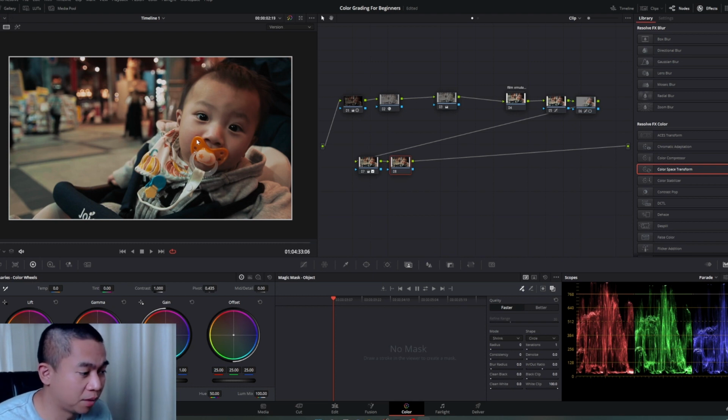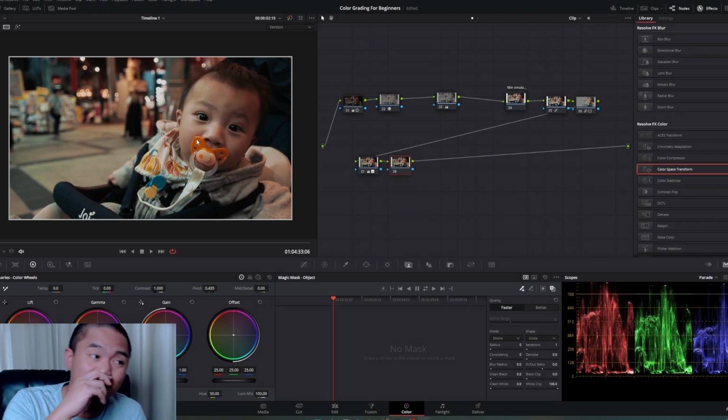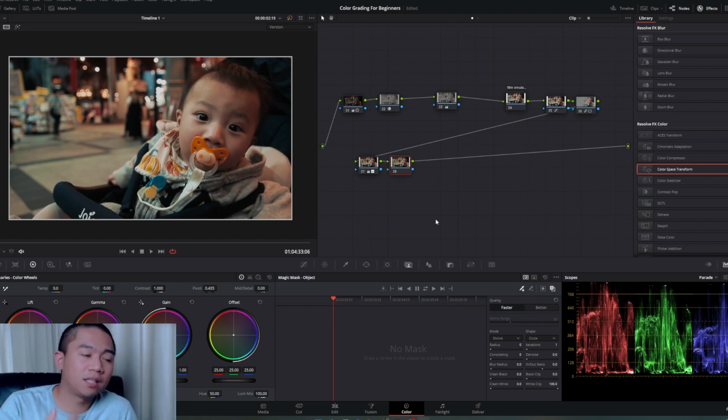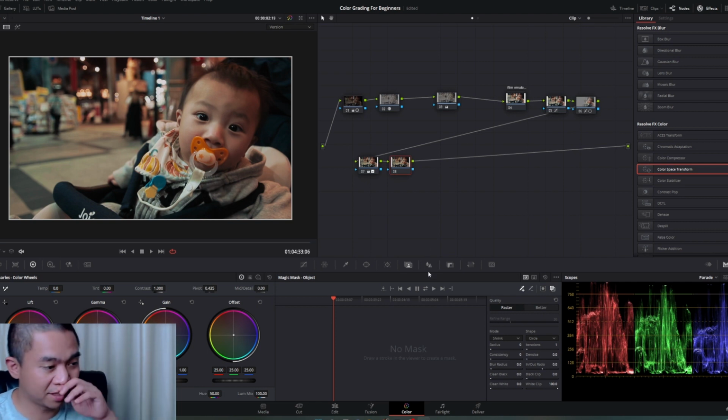Okay, hi guys. I'm going to create an experiment today. This is DaVinci Resolve 18, and it's a new version. It didn't give me the automatic update, so I didn't know that it was already released. So I just downloaded it now, and I've seen the latest features, and one of them is this thing called